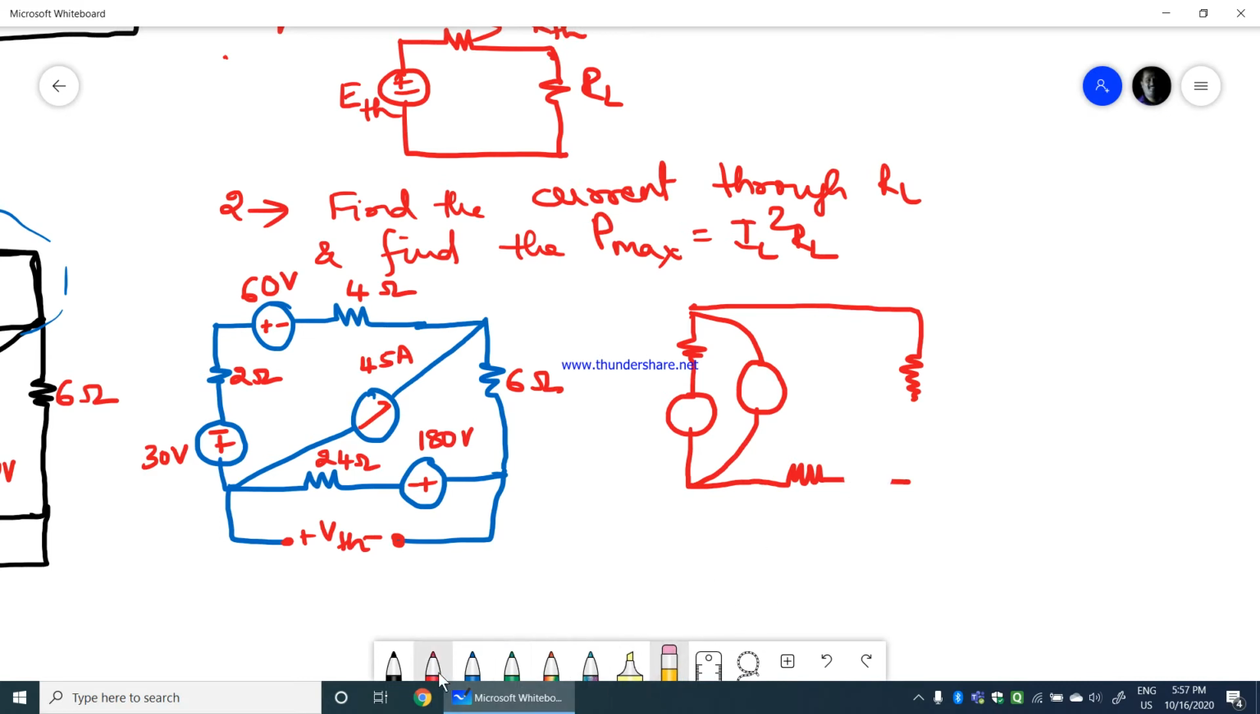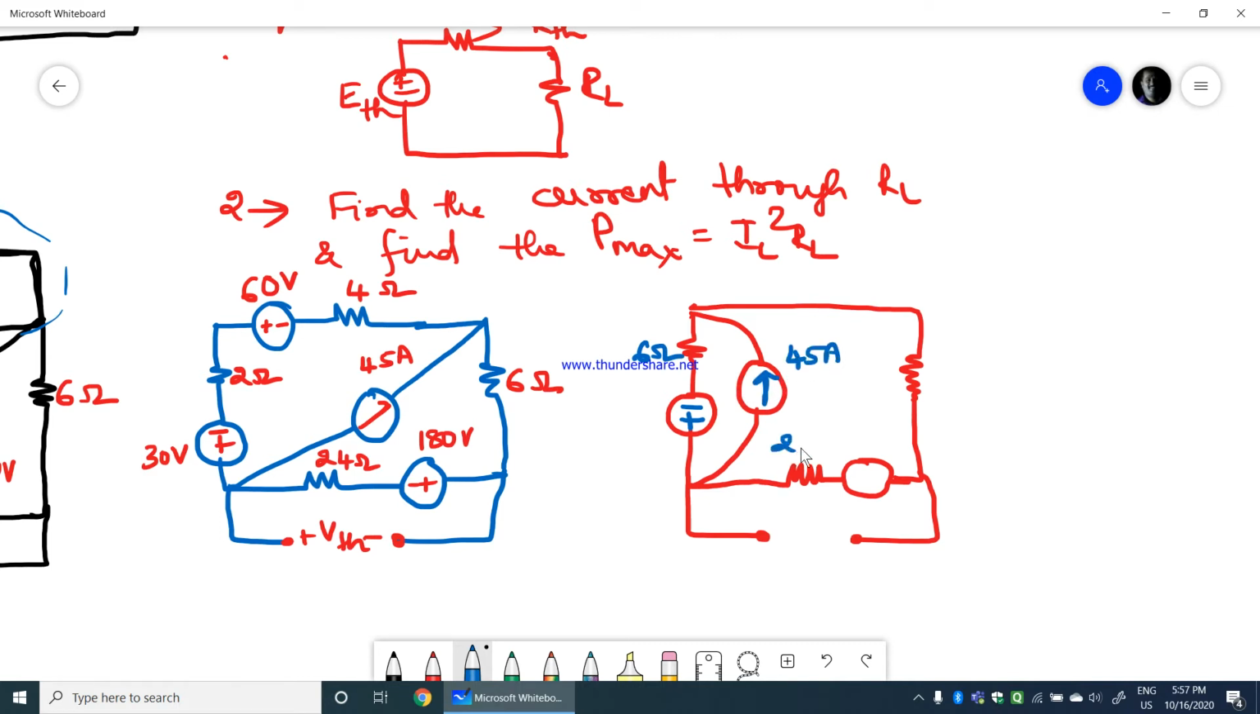So I'll have a voltage source here and this one. So now VTH would be here. I hope you got it. See, a current source is connected here within the series combination of this. I'm just going to have the series 4 plus 2, which is 6 ohms here, and this current source will be 45 amps, and this